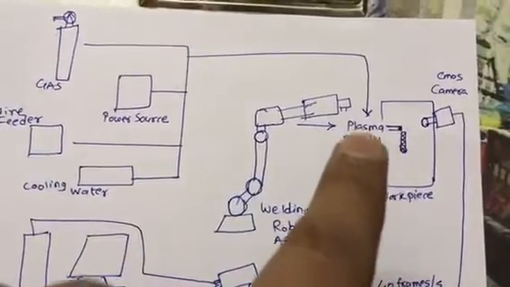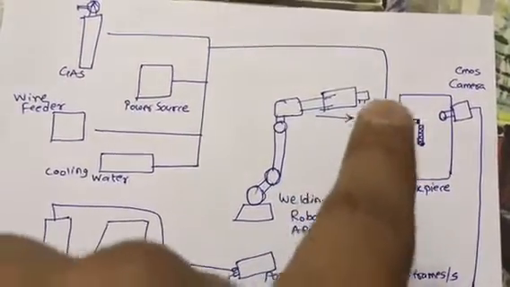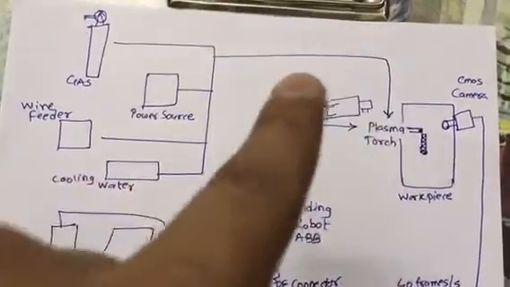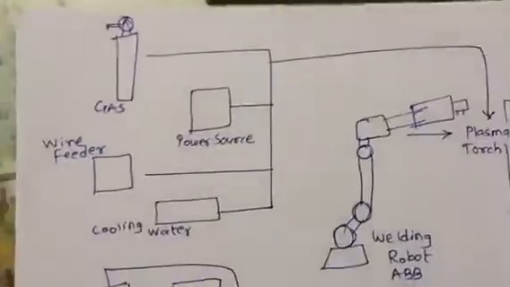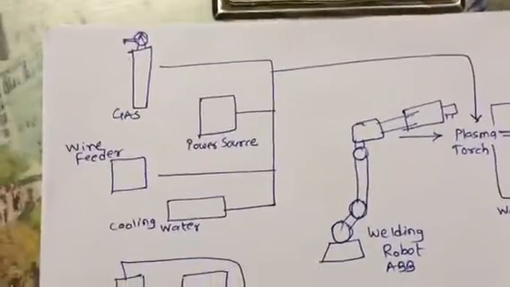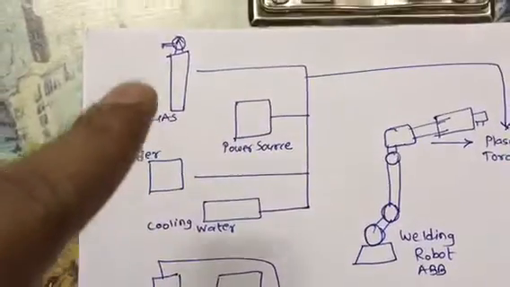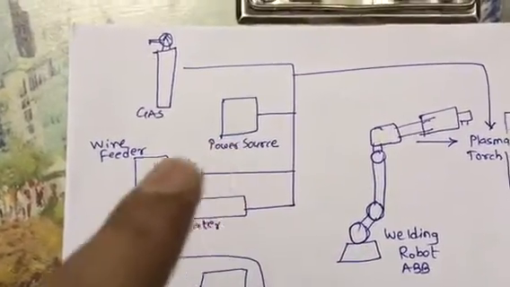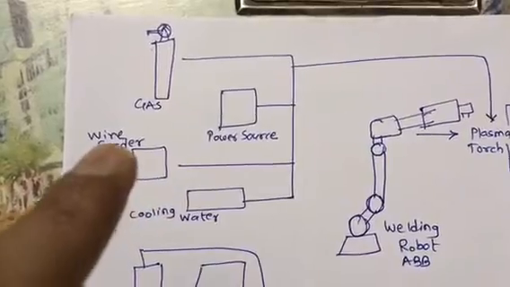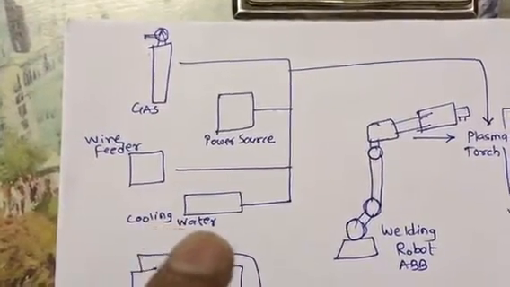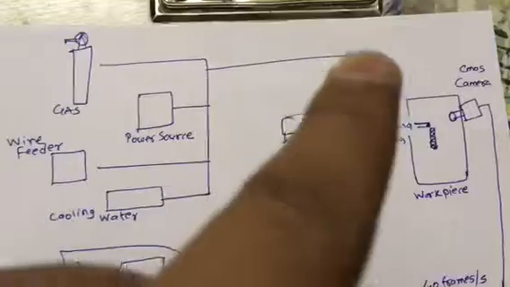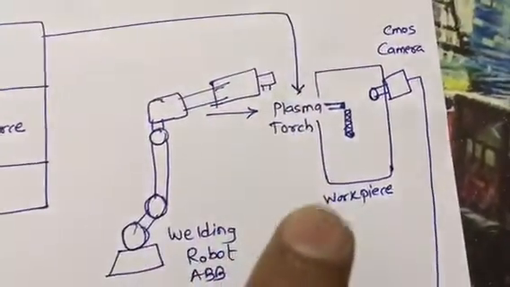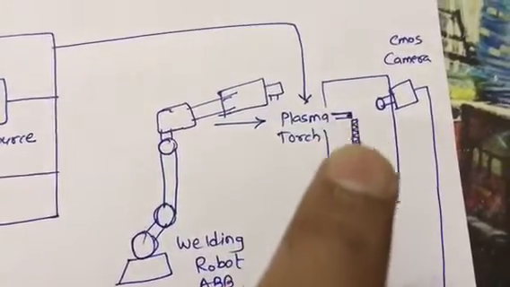So then you will find that this plasma torch is going to have many inputs, and they are shown in a simplified form over here. Now which are those inputs? They are coming to the plasma torch. One is the gas. So this is gas cylinder. Then there is a power source. We have seen that it could be AC or DC. This is wire feeder. This is cooling water. So all these particular things will come over here for plasma torch. This hole is the workpiece, and this is where the welding takes place.